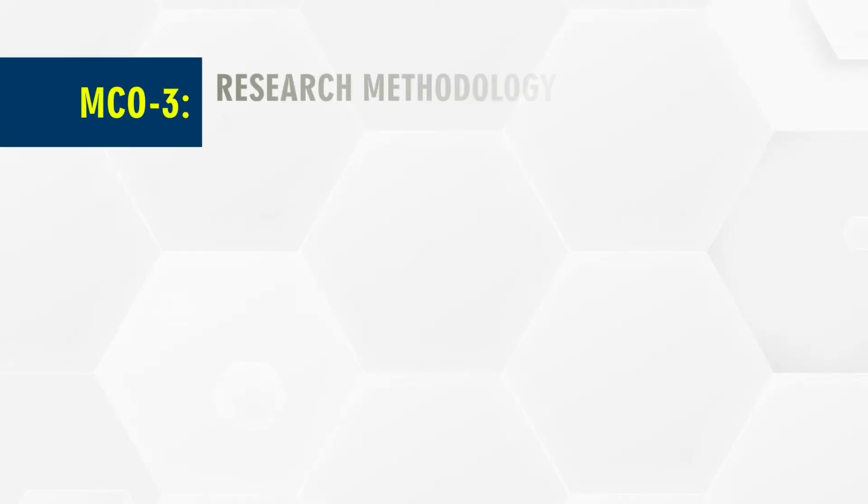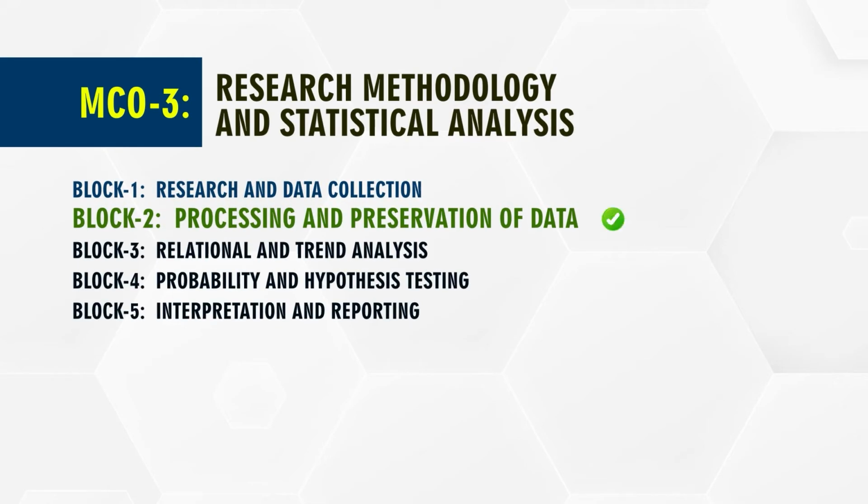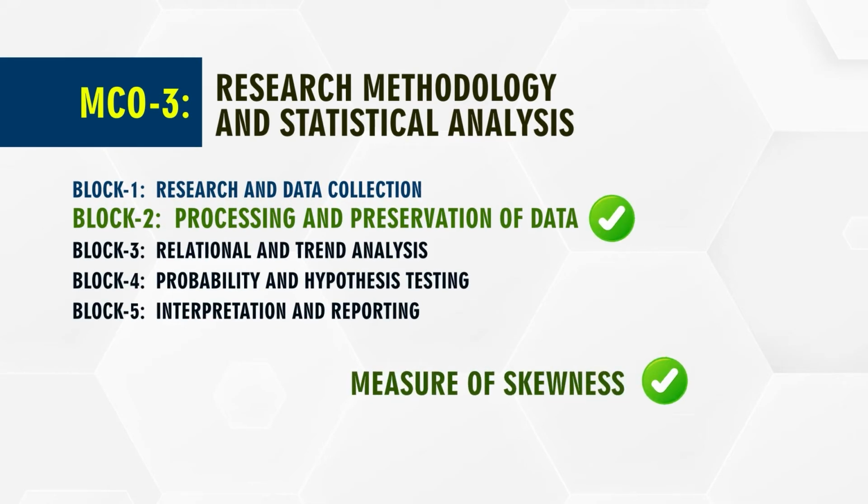So anyway, let us recapitulate in a faster mode. In our preceding sessions we have talked about collection of data. Preservation of data is a very important ingredient, and this correlation coefficient chapter, or we can say unit 10, revolves around four important ingredients. This is a very important aspect because how you process the data and how you preserve the data is going to play a very important role. And we are in block 2 right now.